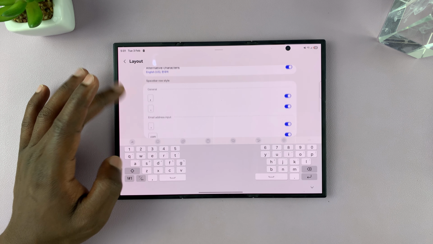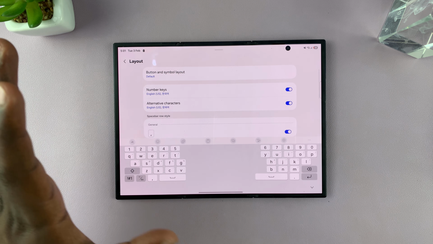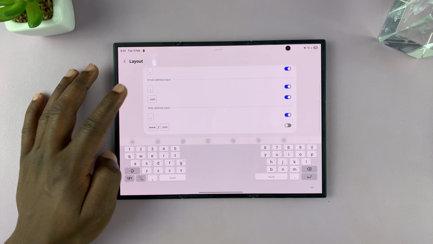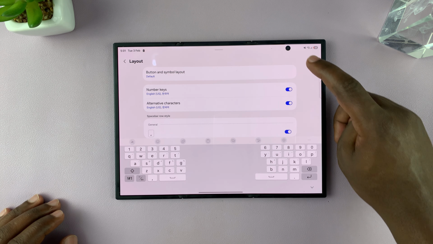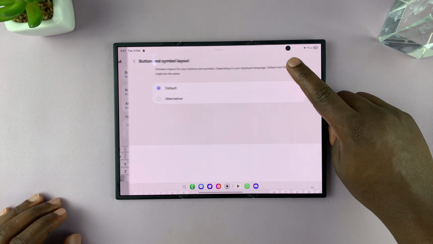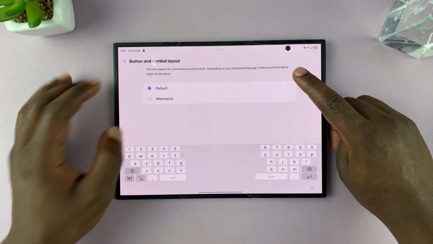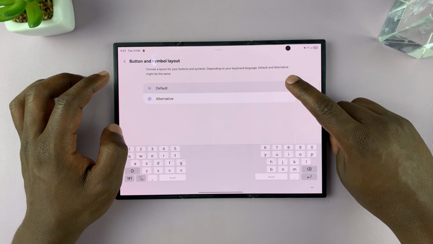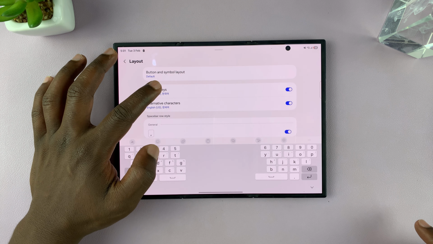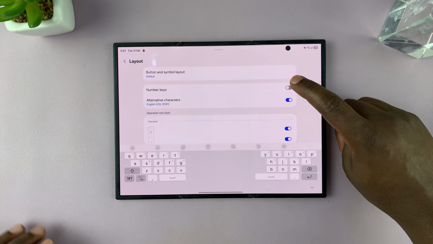Then there are a couple of things you can change in the layout until the keyboard looks exactly the way you want it to look, right? So for instance, you can choose the button and symbol layout. So you have default or alternative. So whatever you choose, make sure you tap on apply. Okay, I'm going to leave mine on default, and then you have the number keys, which you can disable or